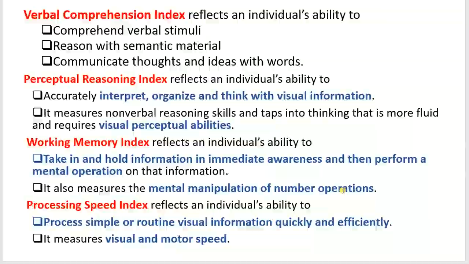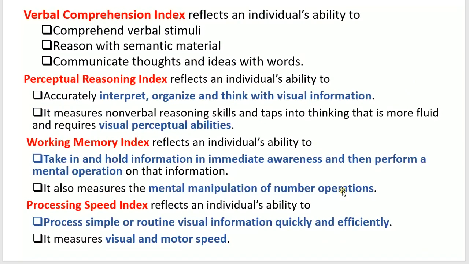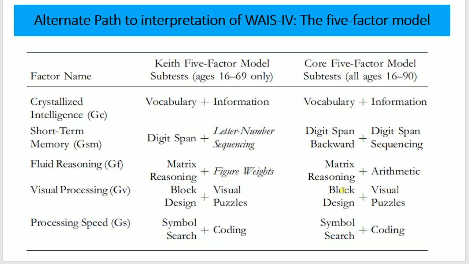There is another way to look at the higher order cognitive abilities based on factor analytic results. As you can see here, there are four indices only, but factor analysis revealed five domains,